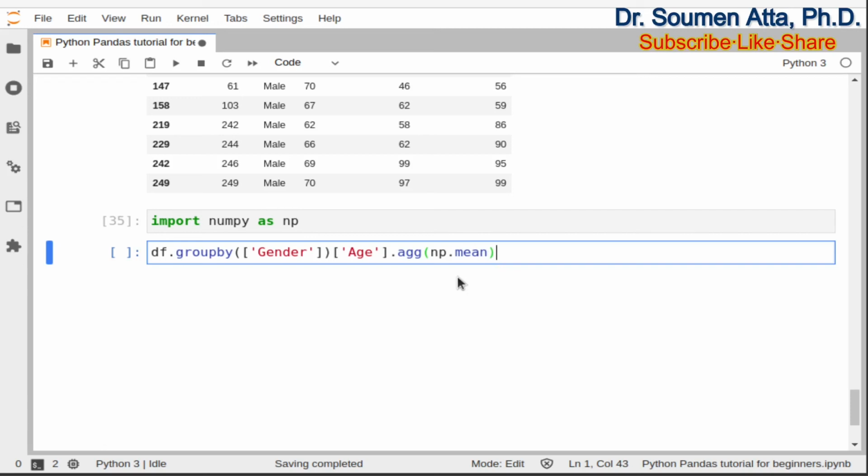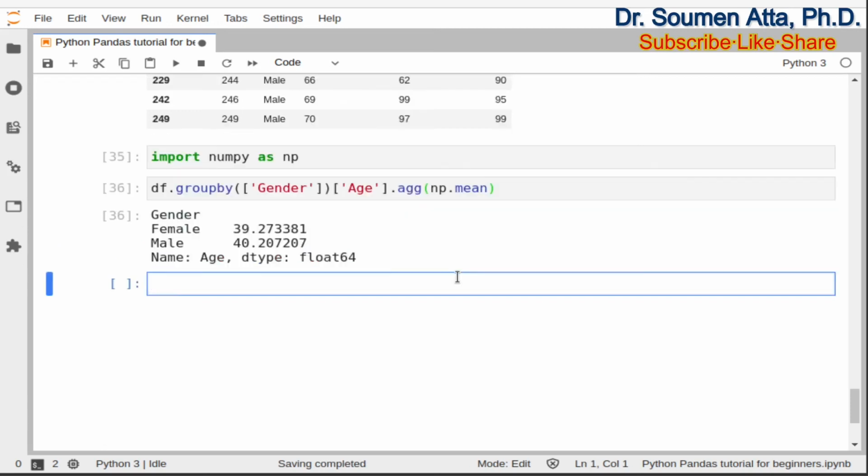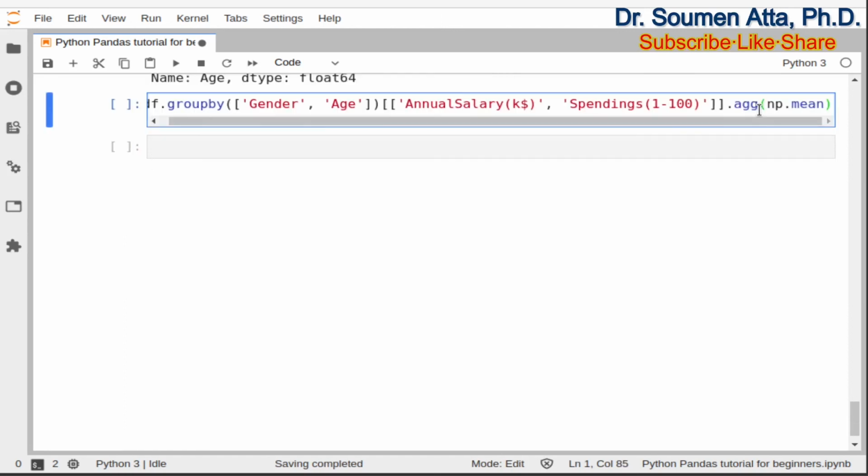We can use our own functions also. So here you can see, based on the different values under the gender column, that is female and male, the corresponding mean of the age column is shown here. So the average or the mean age of female is around 39 years, 39.27, and for male 40.20.